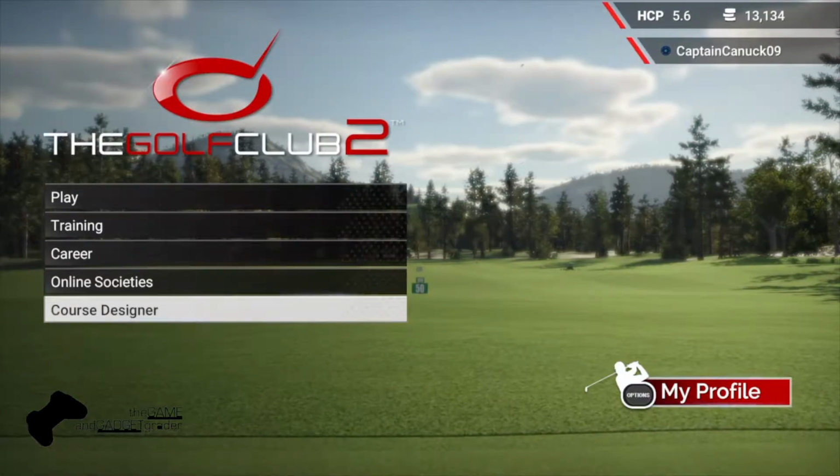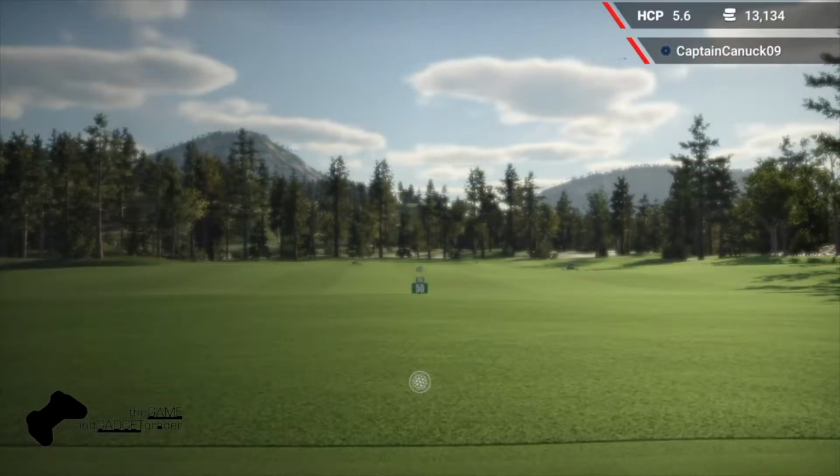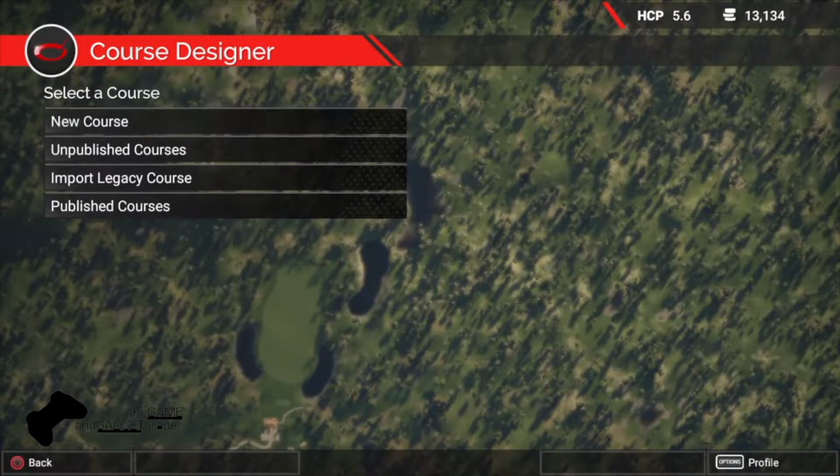All right, and let's just jump right into it. So we have a course designer option within the Golf Club 2, and I was very surprised by it. And I'll let you guys judge for yourself. But it's pretty cool. And this looks like a very simple, basic menu. But the trees and the water layout, that's something to actually keep an eye on, and I'll show you that here in a second. So we're going to go to new course,